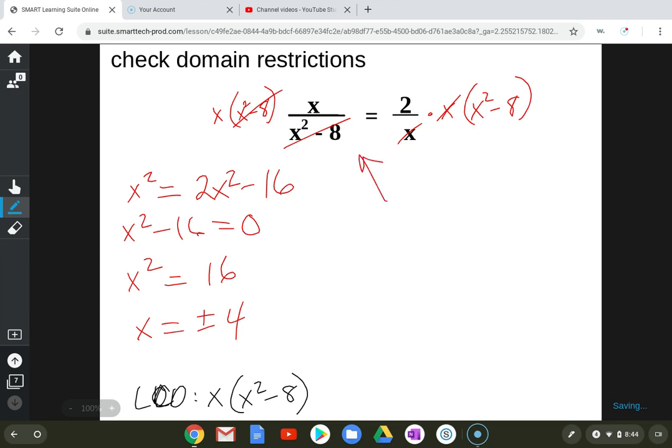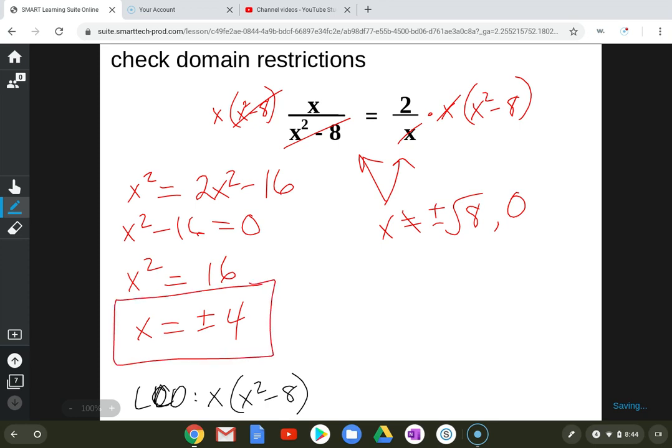Our only domain restrictions were that x cannot equal plus or minus the square root of 8, which is 2 root 2, or 0, which means both of these are correct. And of course, you can substitute